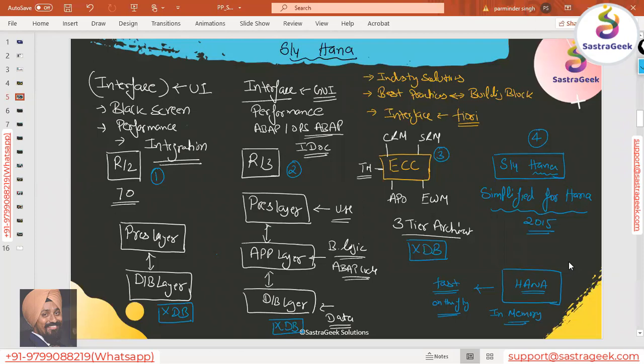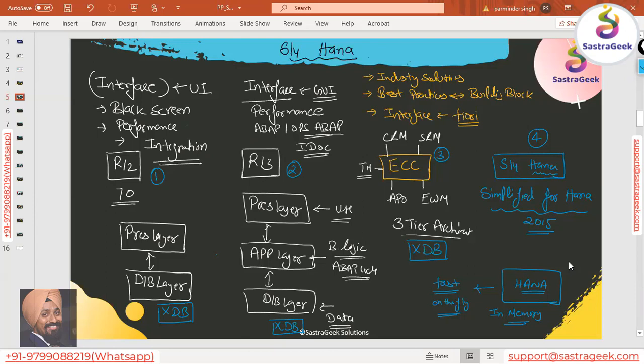All the reportings you can do on the fly, which means that a lot of tables which were there in the earlier R2, R3 and ECC, a lot of junk tables you can remove. You will have a very linear data model in the system. So that's where HANA comes into the picture as a database. And to use the enhanced capabilities of the HANA database system, SAP developed an application which is S4, and altogether the name of the application is S4 HANA.